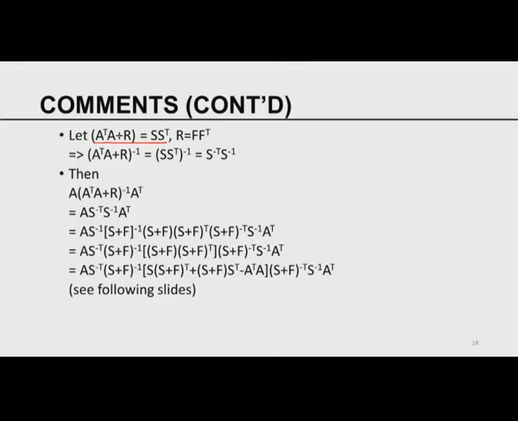So this is the matrix. A is the matrix. A transpose A is a Gramian. A transpose A plus R is a symmetric matrix. Let this be the square root of that, that is generic. Let R be FF transpose. Therefore, the inverse of this is the inverse of this, which is given by the inverse of that. And I am now going to consider a matrix of this type. I already know the square root of A transpose A plus R given by that. I am going to substitute this using this.